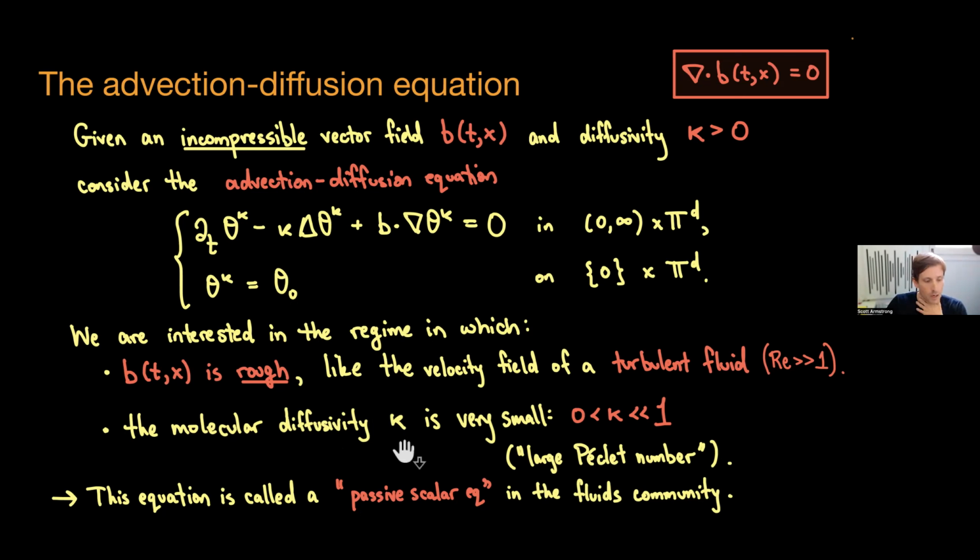Okay. So this is called a passive scalar because it describes the density if you drop some ink into a fluid, how the concentration of the ink would spread, for example, or a pollutant or the temperature of the fluid and things like that. So the point is it doesn't affect the fluid itself. So it's kind of decoupled from the fluid equations themselves. They're just pushed by the fluid. Okay. So that is the setup.